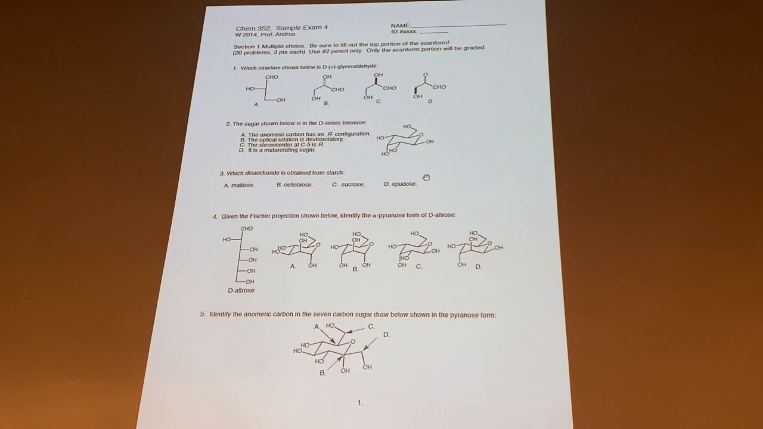Not sucrose or spudose, maybe in Idaho that's true, D there. But maltose, you would say, is the disaccharide from starch, which is alpha linked, 1,4 alpha linked, not beta. Cellobiose is beta linked from cellulose, not starch. Given this Fisher projection, so altrose, that's not a hexose we had you memorize, but can you